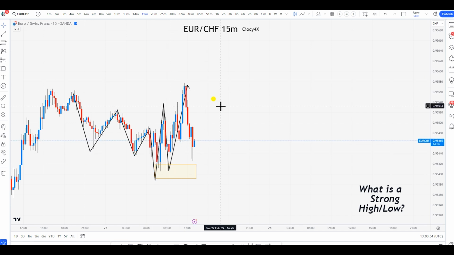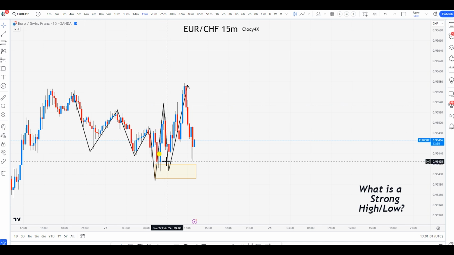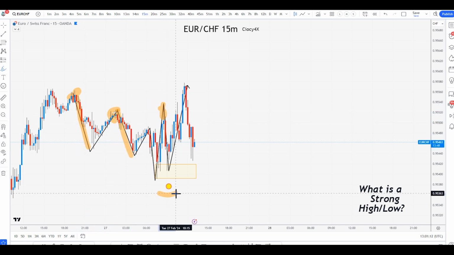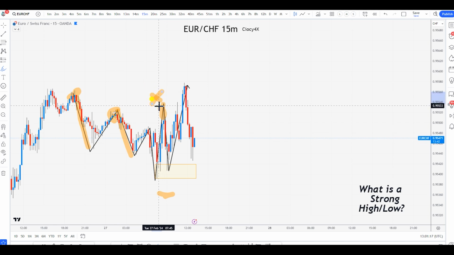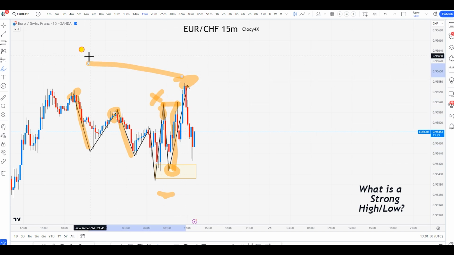And which one do you guys think will be the weak high now? Do you guys think this will still be a strong high? No, it's not. Why? Because this high did not make a new lower low. The way this high did it with a lower low, this one has failed to make a lower low, right? Therefore, this becomes weak. Now, how do you use this weak high? Well, simply, if you take a trade here, you know that your first exit point can be over here with your TP. First TP1, and then your second TP is based on whatever is over there on the left.